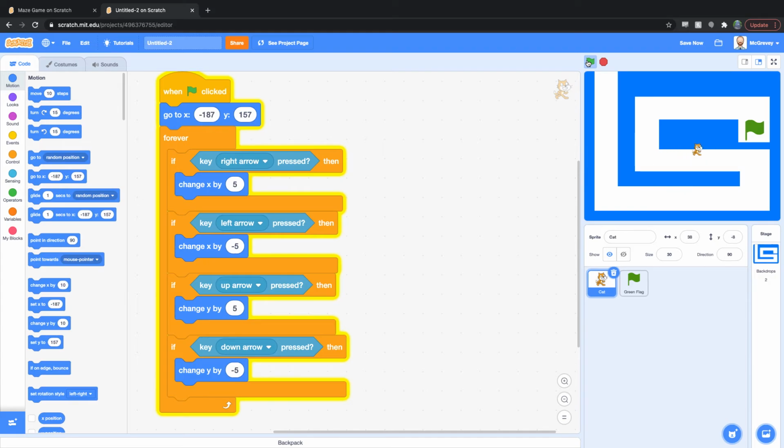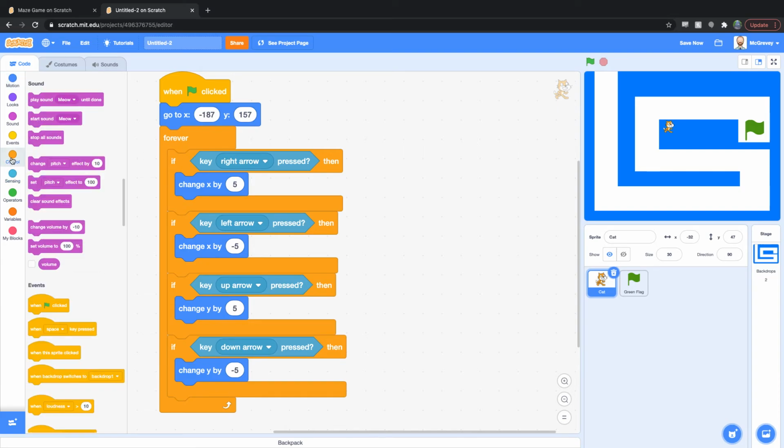Only thing is, he's not disappearing when he touches blue, and we need to get the game to stop when we touch the flag at the end. But using this structure we've got already with the if inside the forever, it's quite easy to do actually. So what I can say is, grab another if,